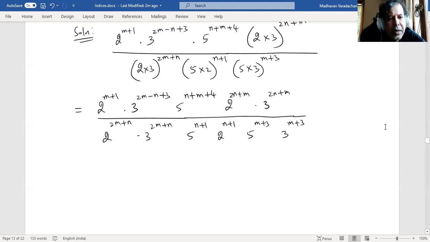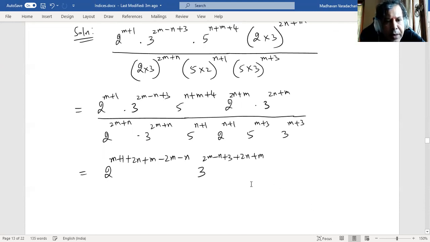Now let us bring all the common base together, means in the numerator 2 power m plus 1. Here there is a 2n plus m. I will add. And now here 2 power 2m plus n, if I take it to the numerator, it will get subtracted, minus 2m minus n. Next, write down for 3, 2m minus n plus 3. Then we will add this power plus 2n